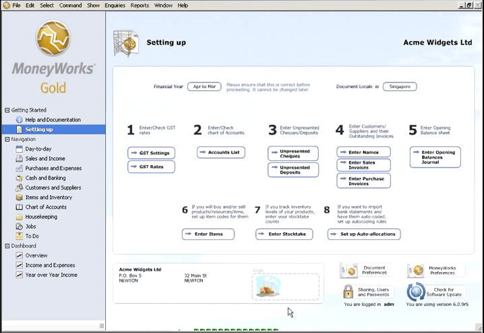Today I'm going to share with you how to set up multi-currency in MoneyWorks Go. MoneyWorks Go by default will not enable the multi-currency features. So today I'm going to share with you how to set up